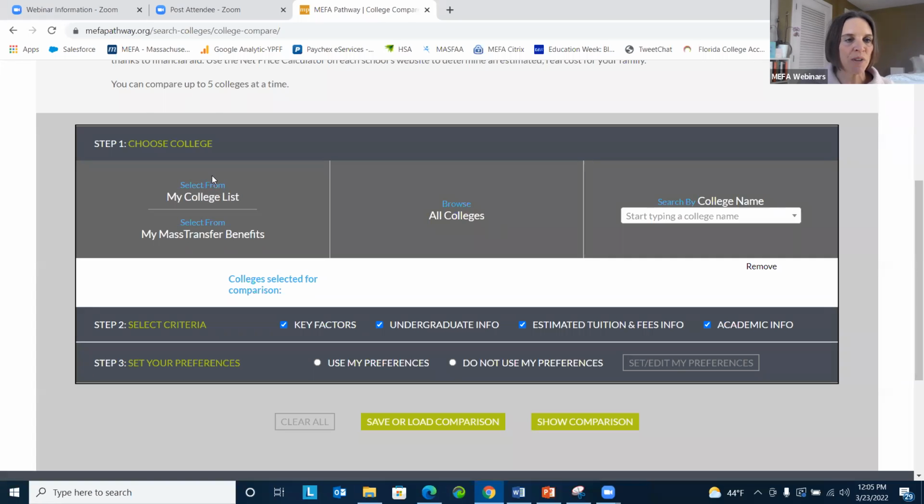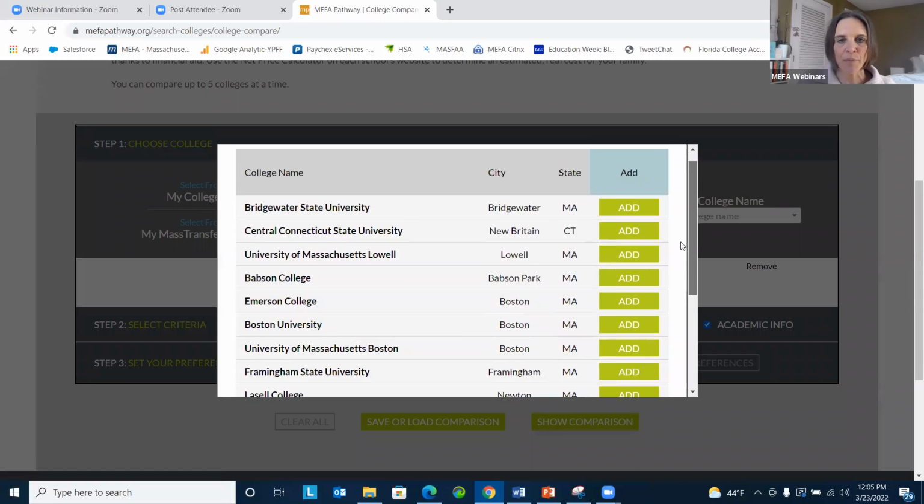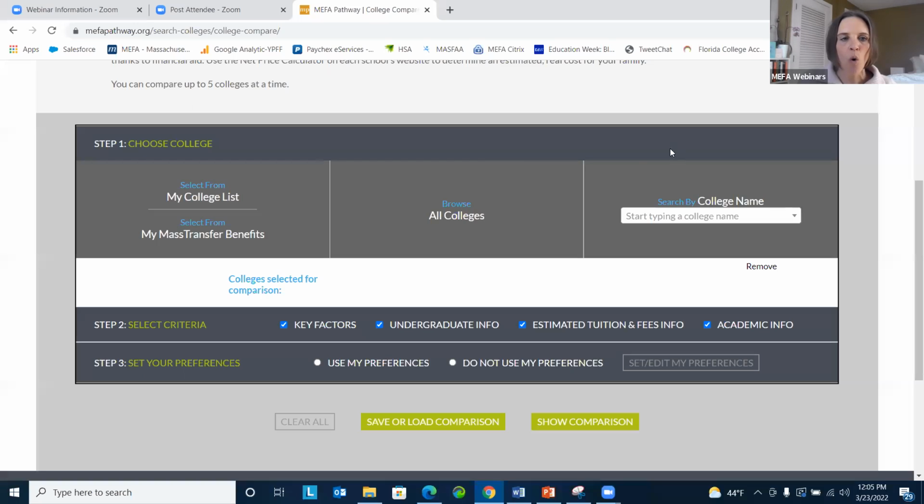So step one is where they choose their college. So they select that college. They can either select it from their college list. As I mentioned, the student, I have 20 colleges on my list, Alice does. And so the student can either select from their college list, or they can browse the college, or they can